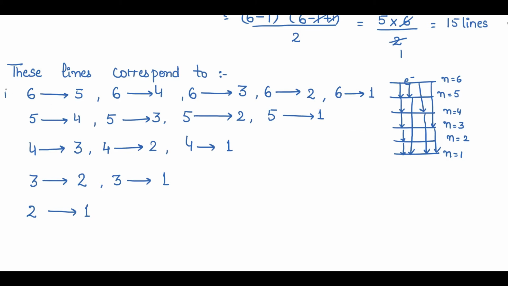In the first case, if you see, 1, 2, 3, 4, 5. There are 5 emission lines, right? In the second case, definitely 1, 2, 3, 4, right? And in the third case, 1, 2, 3. And in the fourth case, 1, 2, and in the fifth case, I'm having only 1. So definitely in this case, I'm having 5 lines, right? 5 and 4, 9, 9 and 3, definitely 12, 12 and 2, 14, 14 and 1, 15 lines are possible when the electron jumps from the 6th orbit to the ground state.